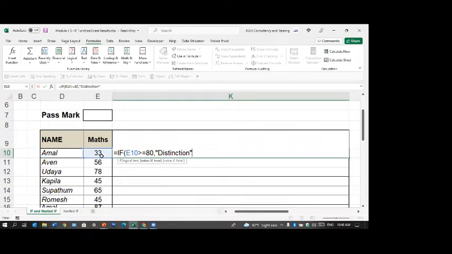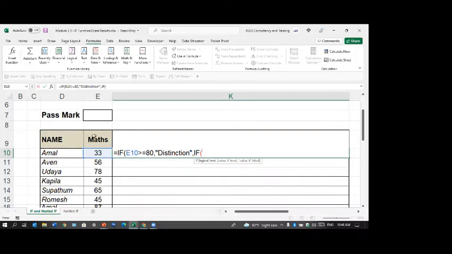Can I put credit now for the other one? No, we don't know what it is. So for sure we know if it is more than or equal to 80, it's distinction. That part is done. Otherwise, we have to check again, because there may be 50s, 60s, 30s, 20s, fail or credit or simple passes. But distinctions are taken into account. Put another IF. Now, observe the second bracket opens in red color.